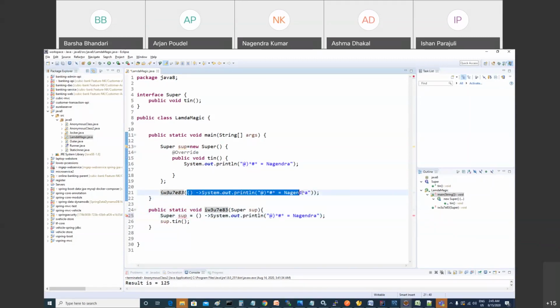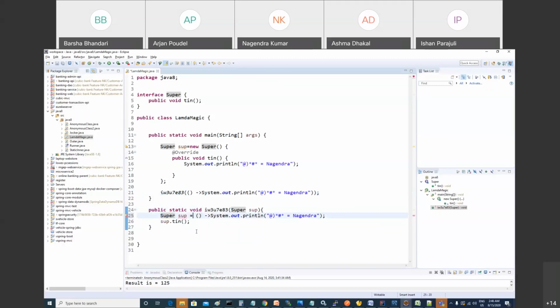Think of the lambda expression as actually an anonymous class which contains the definition, right? So in this way, this soup is pointing to this definition. So when you call soup.tin, then this function will be called. Are you following me? When you call soup.tin, then this definition will be called. This is the method input and this is the method definition. So when you call a method and you are passing this parameter, think like this: the soup is going to point to it. And if you go to the